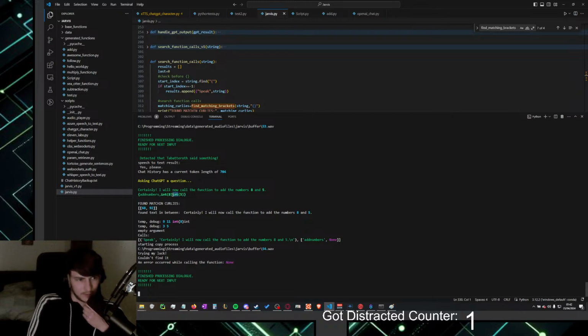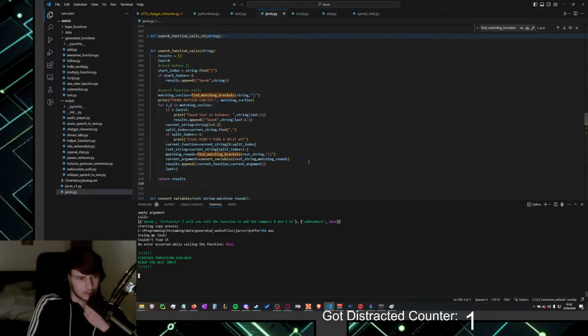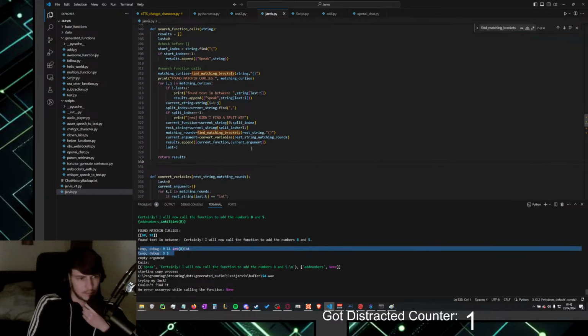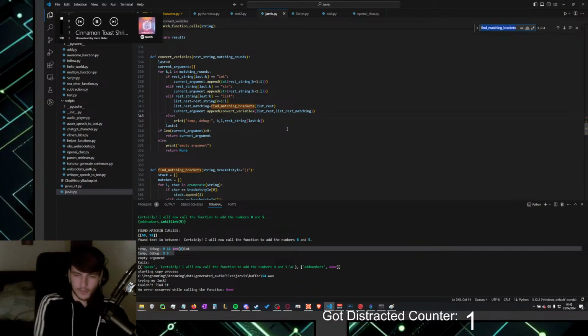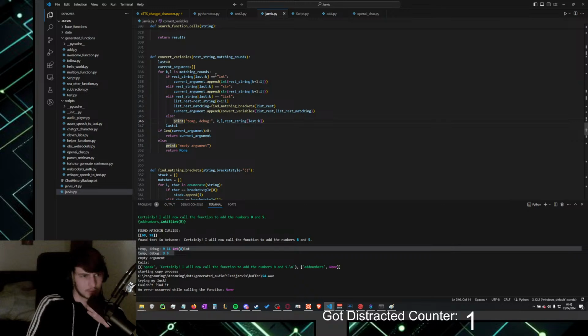Okay, so the thing I just... Oh wait, it got into the debug thing, which it isn't supposed to get into. Huh? Wait, it got in here. Why did it get in here?